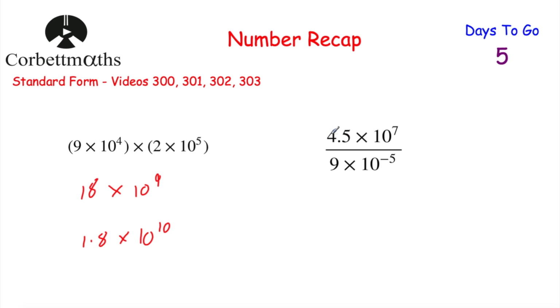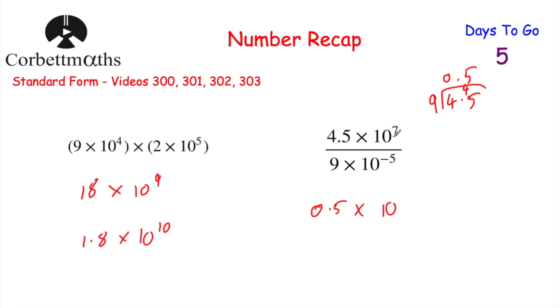In terms of division, we'll use a similar approach. If we've got 4.5 multiplied by 10 to the power of 7, and we're dividing that by 9 times 10 to the power of minus 5, we're going to divide these numbers, and then we're going to look at the powers whenever we're doing this division. So in terms of 4.5 divided by 9, using the bus stop method, how many 9s go into 4? 0 remainder 4. How many 9s go into 45? 5. So 4.5 divided by 9 would be 0.5, so we'd have 0.5 multiplied by 10 to the power of,